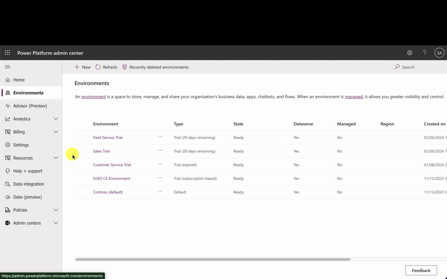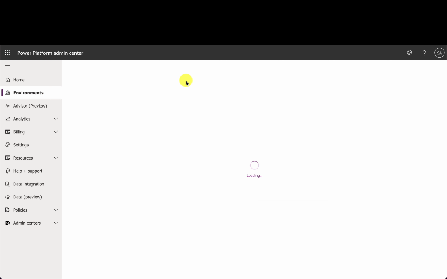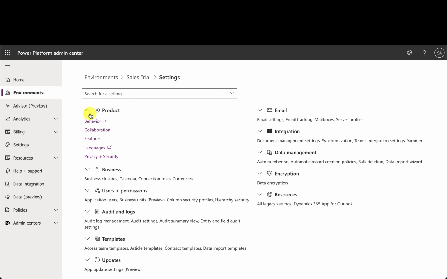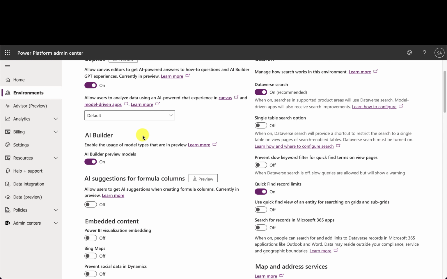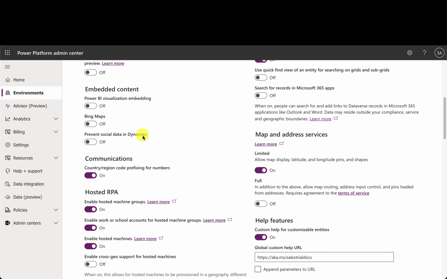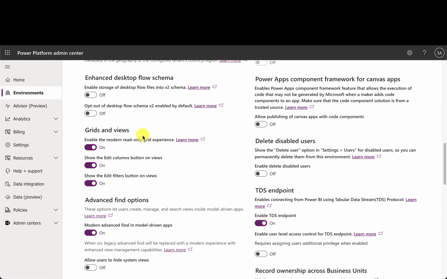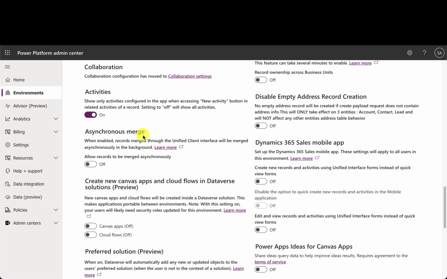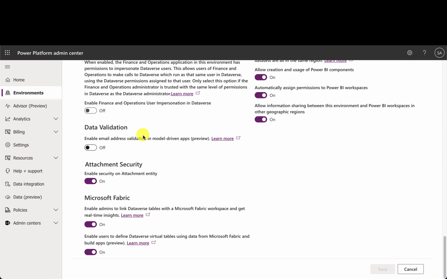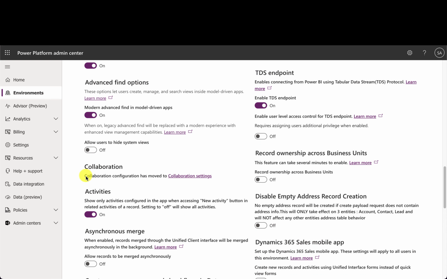Let's have a quick look at that. Select the environment, Settings, Product, Features. So I can't find it here, but I'm seeing collaboration configuration has moved here.